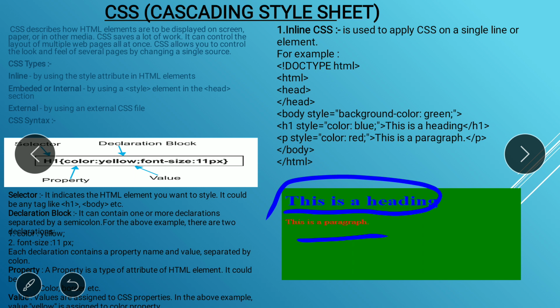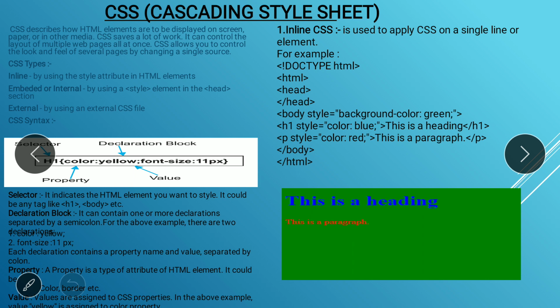And if you want to separate two properties, here color is one property and font size is the second property. If you have to separate two properties, then you have to write the semicolon. Please remember those points. Students are always confused between the colon and semicolon. To separate the property and value, we mention the colon, and to separate two properties, we mention the semicolon. That is the main difference.